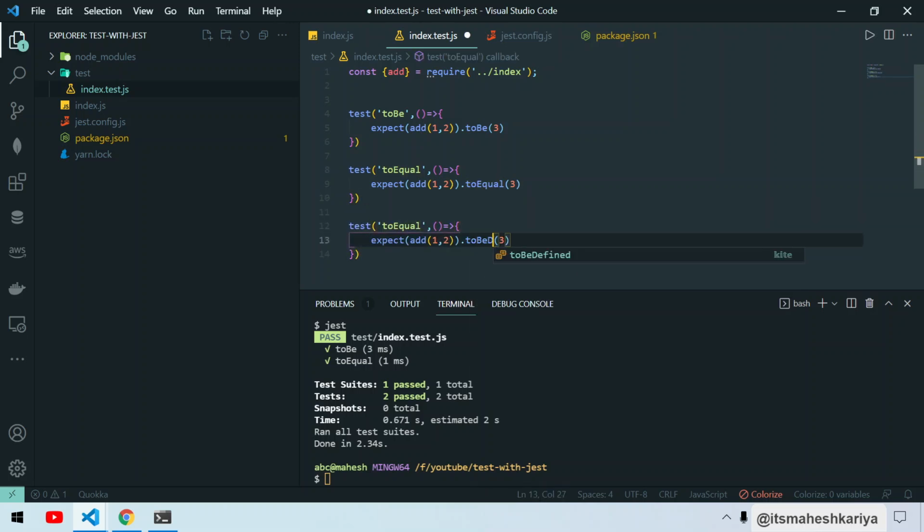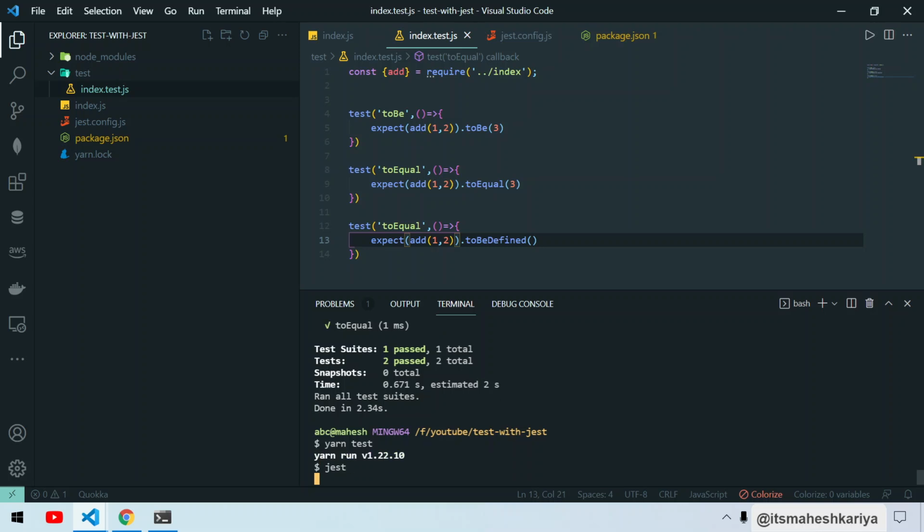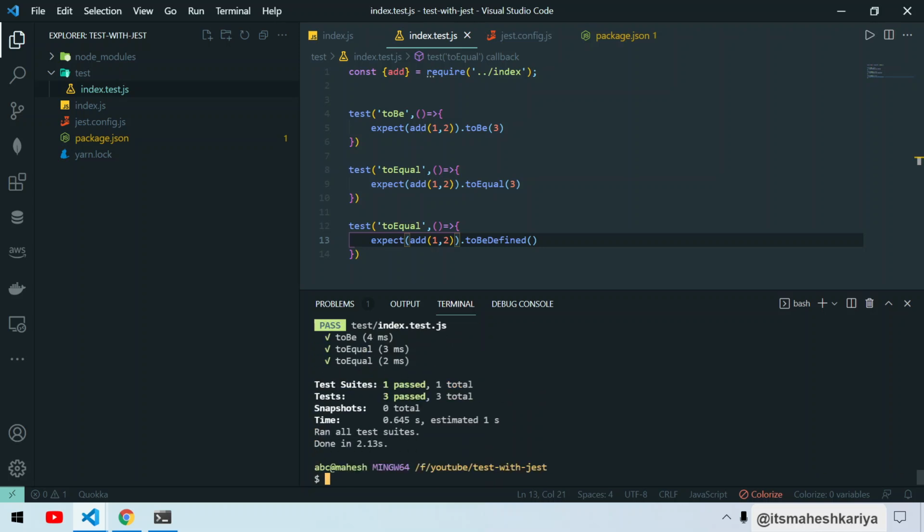So you can write toBeDefined, toBe, like this. You can use .not as well. So .not.toBeDefined, or .toBeDefined, like this. So it will execute again. There are .toBeTruthy, like that you can use, or toBeDefined, or toBeFalsy, or toBeNull, like I want to check toBeNull, which I generally use. These are the common functions that I generally use: